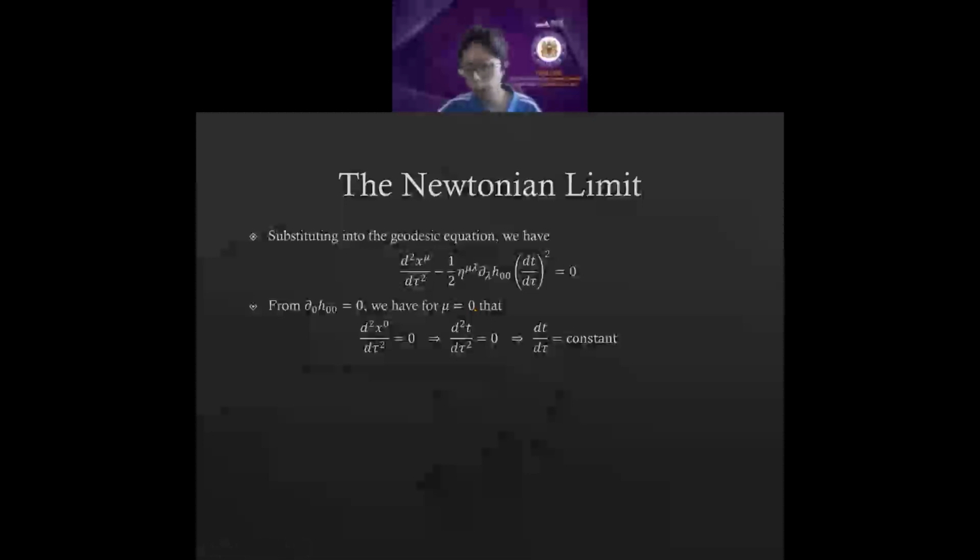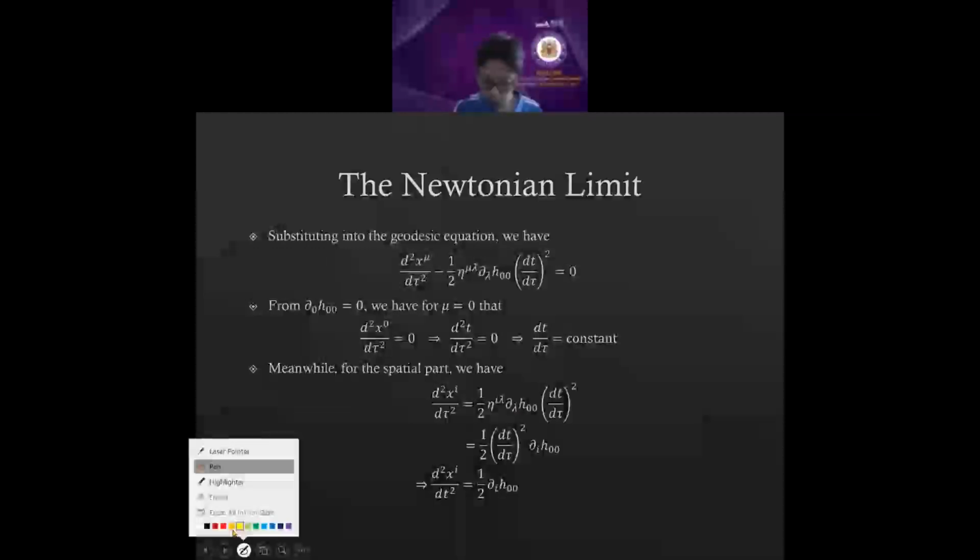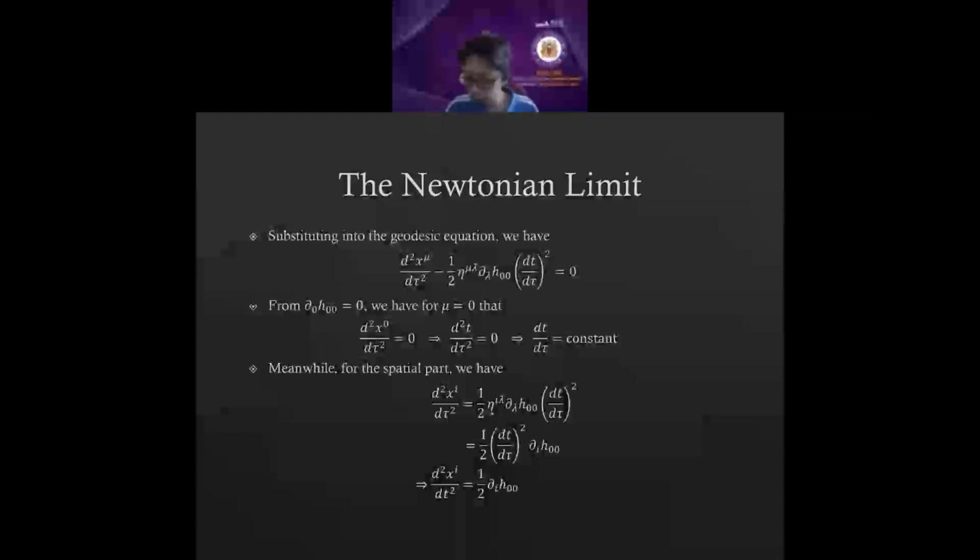What we're more interested in are the equations when mu is equal to 1, 2, and 3, right? Which would keep track of the position in space of the particle. So for the spatial part, if we substitute in this, we get this equation over here. Where now to proceed to this part over here,